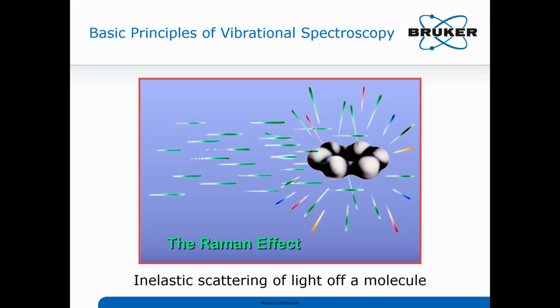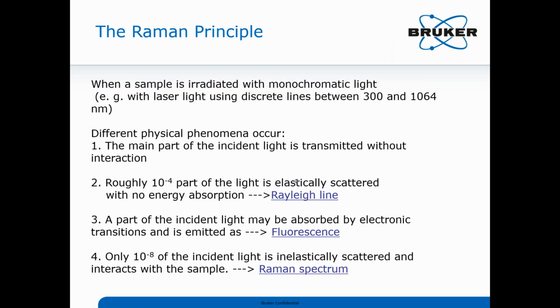For the Raman effect, we're going to send monochromatic light onto the molecule, in this case a simple benzene molecule. We're going to allow the light to bounce off either elastically, as shown by the green, or inelastically by the red and blue, where we have a shift to higher or lower energy. As it turns out, the most common event is actually where nothing occurs and the laser light passes through unabated. When we look at the Raman, we can see that only 10 to the -4 of the light actually gives you the elastically scattered, the billiard ball effect of the